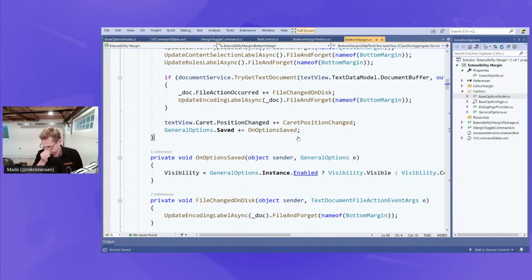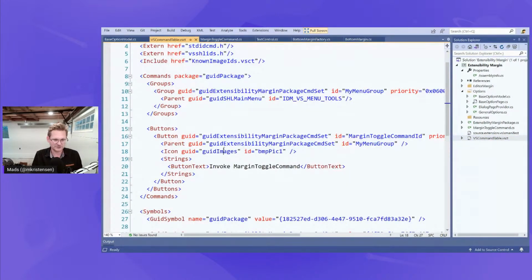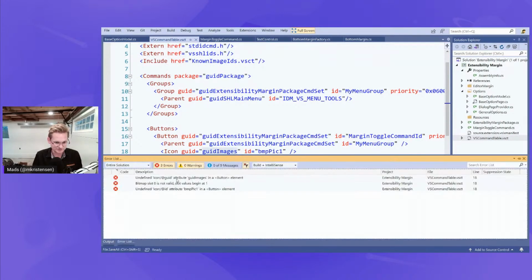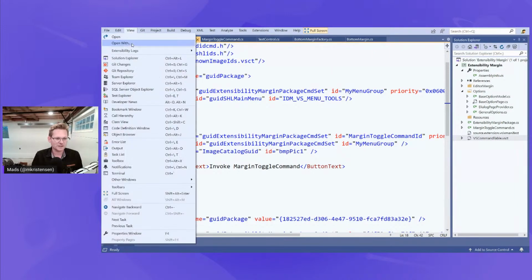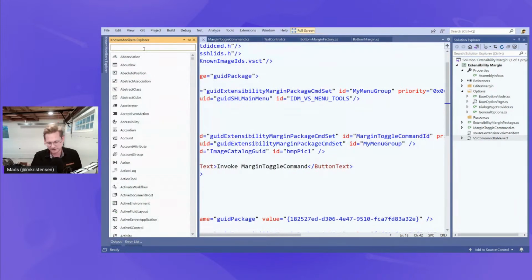Okay, everybody. So we now have our button that we created, which is right here, which wouldn't work. I can't compile this. It's going to complain that it can't find these GUID images. See here? So I'm going to say GUID catalog, image catalog GUID, and then we're going to give it another icon. Let's give it an icon that's nice. So known monikers Explorer, and